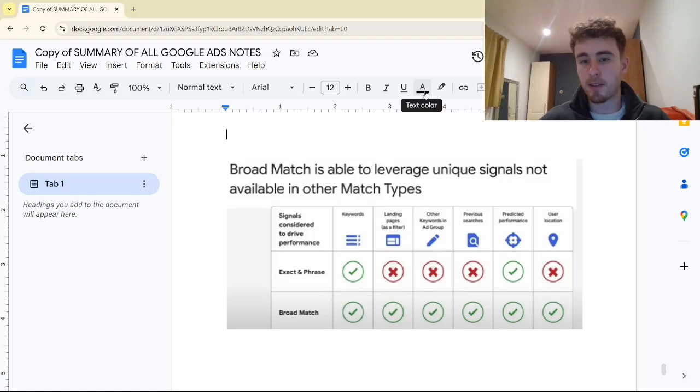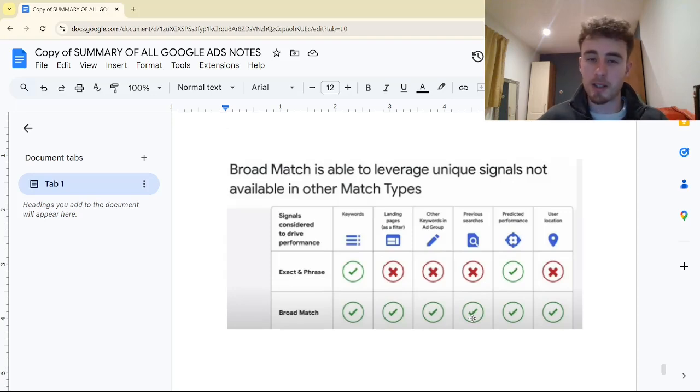report regularly. And part of the reason as well why broad match can be so effective in scaling campaigns once they get to a certain point is that, as you can see from this screenshot here, broad match does utilize signals that phrase and exact match keywords don't use. For example, the content on your landing pages, other keywords in your ad group, which is why it's important as well to make sure you have a lot of other relevant keywords in your ad group for context, as well as previous searches that people are searching for on Google and their location as well. So it can be a good way for Google to show your ads to new leads that wouldn't have seen